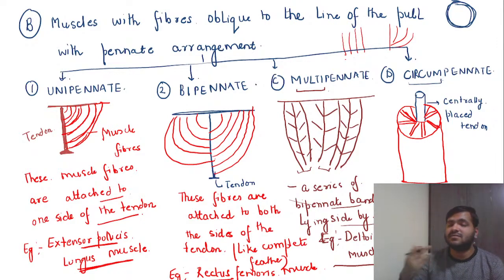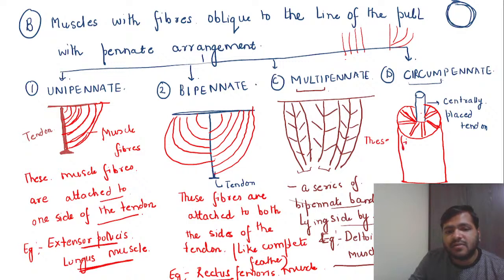The wheel of a cart is exactly like this, and in the middle there is a tendon. For example, if I'm talking about the wheels of a vehicle, it's just like the bullock cart wheel. The tendon is centrally placed, so you have to write down, since I don't have space, that